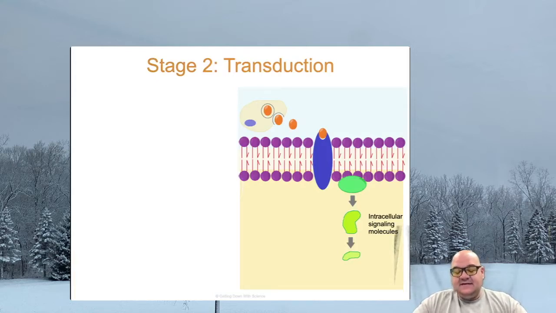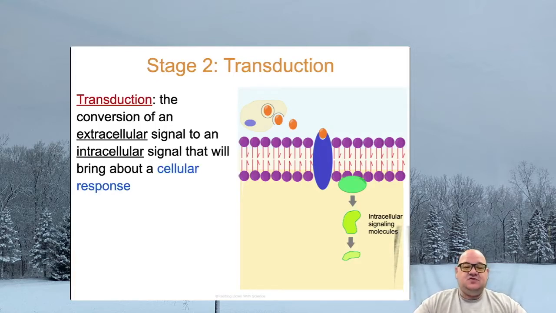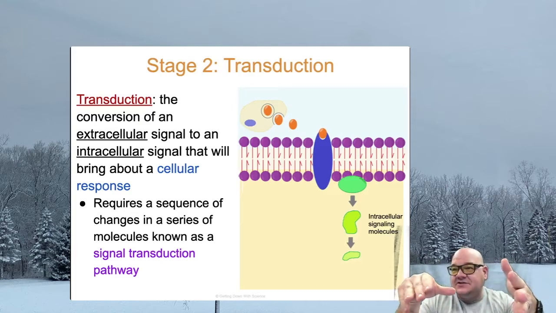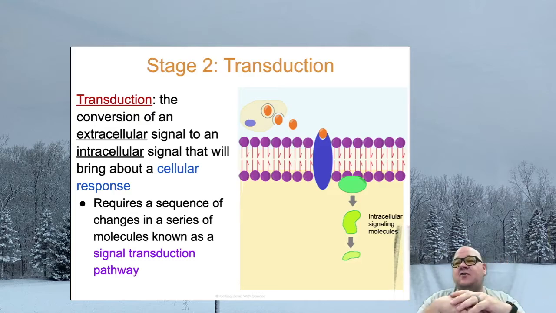All right, let's look at transduction. Transduction is converting the signal to some sort of response. We're going to convert a signal to a response. So you're going to see a set of changes or a chain reaction. If you want to think of dominoes falling down or one of those Rube Goldberg machines, that's a good analogy to have in your mind,